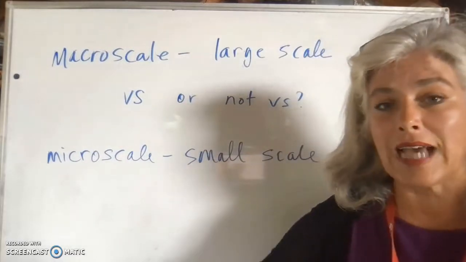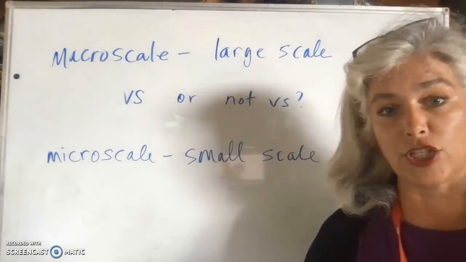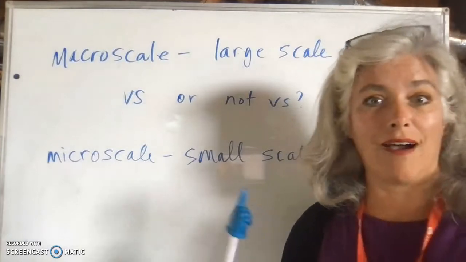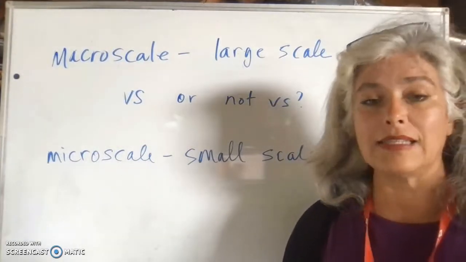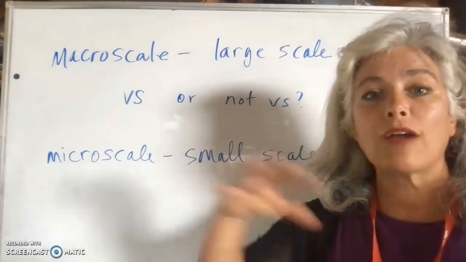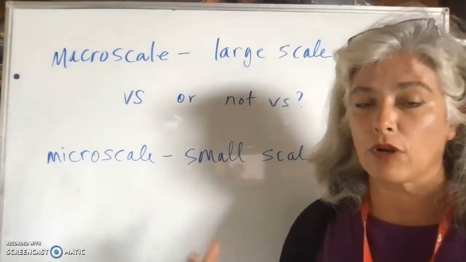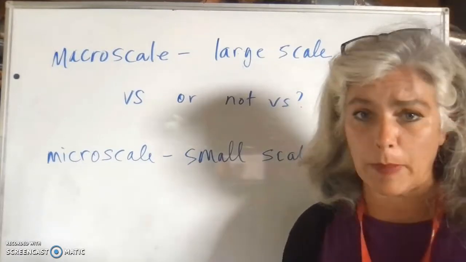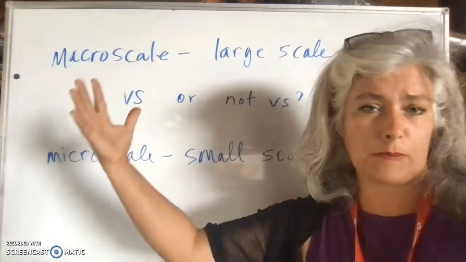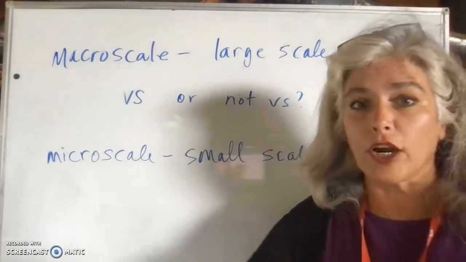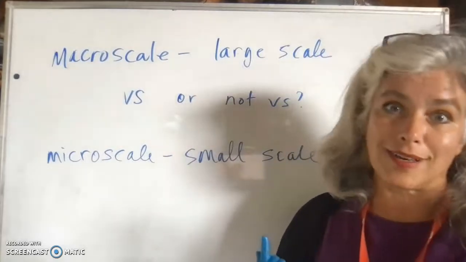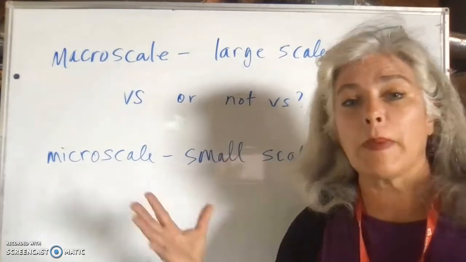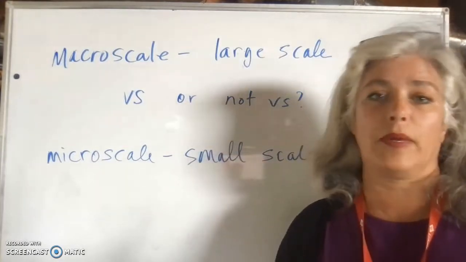So we would be looking at entire societies, like the entire population of the United States, or the entire population of Louisiana, or the entire population of UAPTC, the student body. These can all be considered types of macro scale pictures or macro scale sample populations, because there are too many people in the country's population to all interact with each other. There are too many people in the state of Louisiana or Arkansas, since that's where we are, to interact with each other and know each other. There are too many people even at our college to interact with everybody and know everybody.